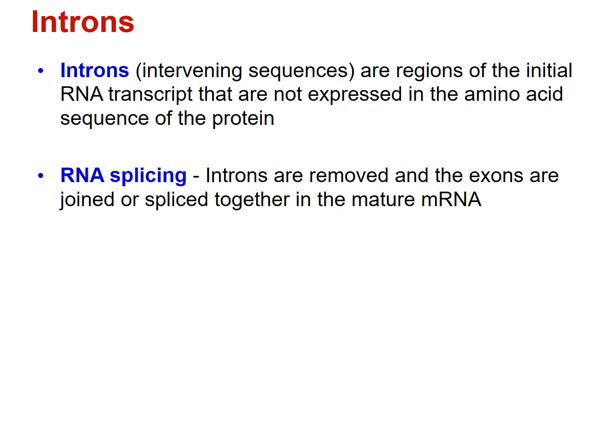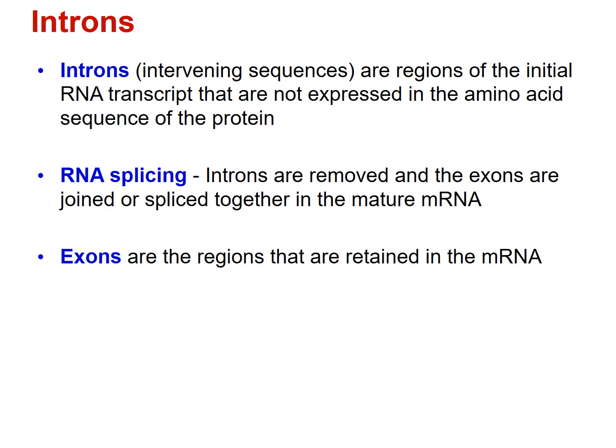Now, there are going to be portions that code for the protein, and we'll mention those in a moment, that will get spliced together, and introns will be removed. Those portions are called exons. So exons are the regions that stay in the messenger RNA and code for a protein. Introns are those that are initially in the RNA but get removed, and the exons will get stuck back together